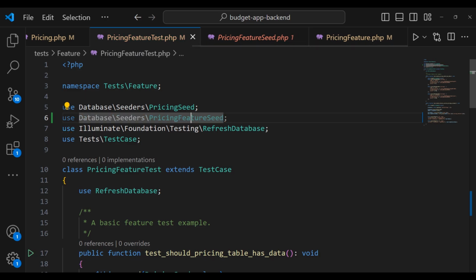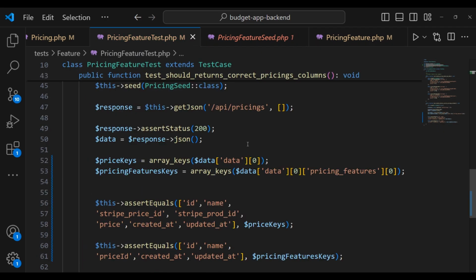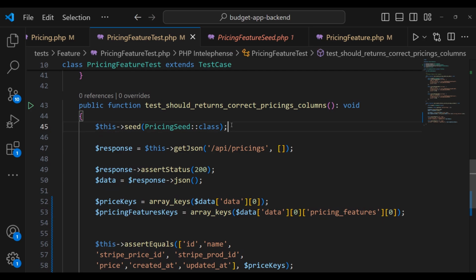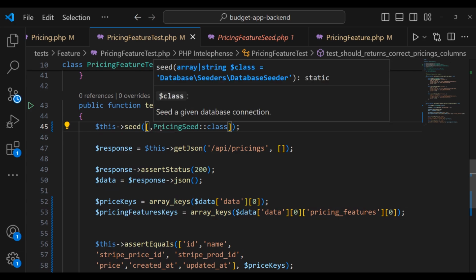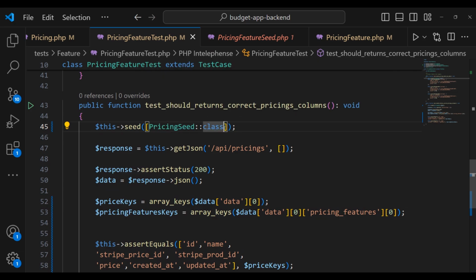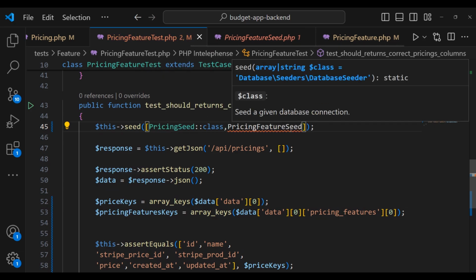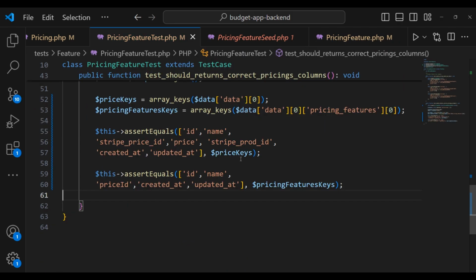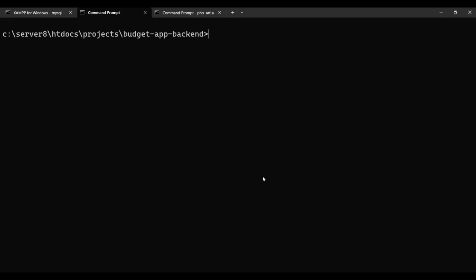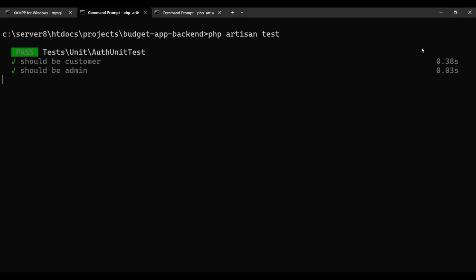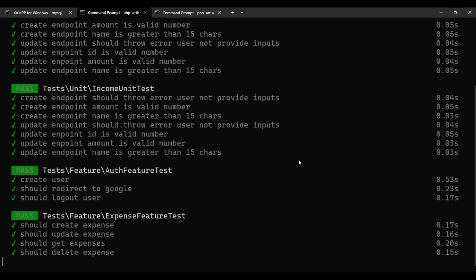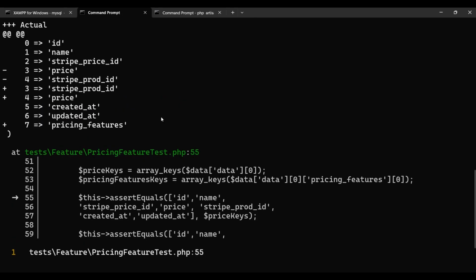I'm gonna copy the pricing feature, and then we're gonna pass it to the core function. And right here we are going to pass this. We're gonna pass an array, and then we're gonna pass the pricing seed, but also the second pricing feature seed class like this. Now I'm gonna get into the command prompt and see if our test is going to pass. Again, I'm gonna type php artisan test. And then right here you can see unfortunately we are getting an error,